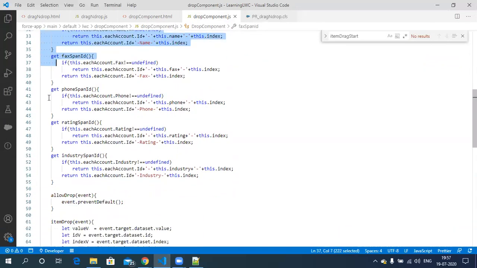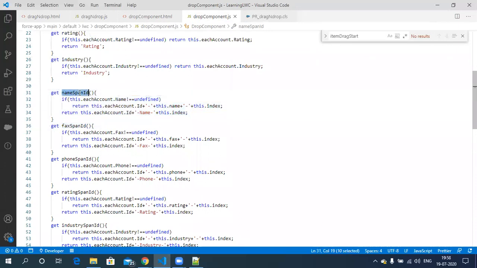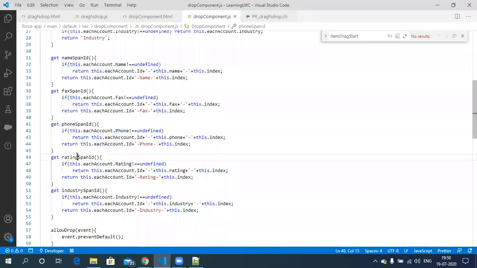I have made some getters, and in this get function we are creating a unique ID for each cell. How am I making the unique ID? It is a combination of the ID, the name part, and the index part. With the combination of these three parameters, the ID becomes unique. These are the name span ID, fax span ID, phone span ID, and rating span ID.